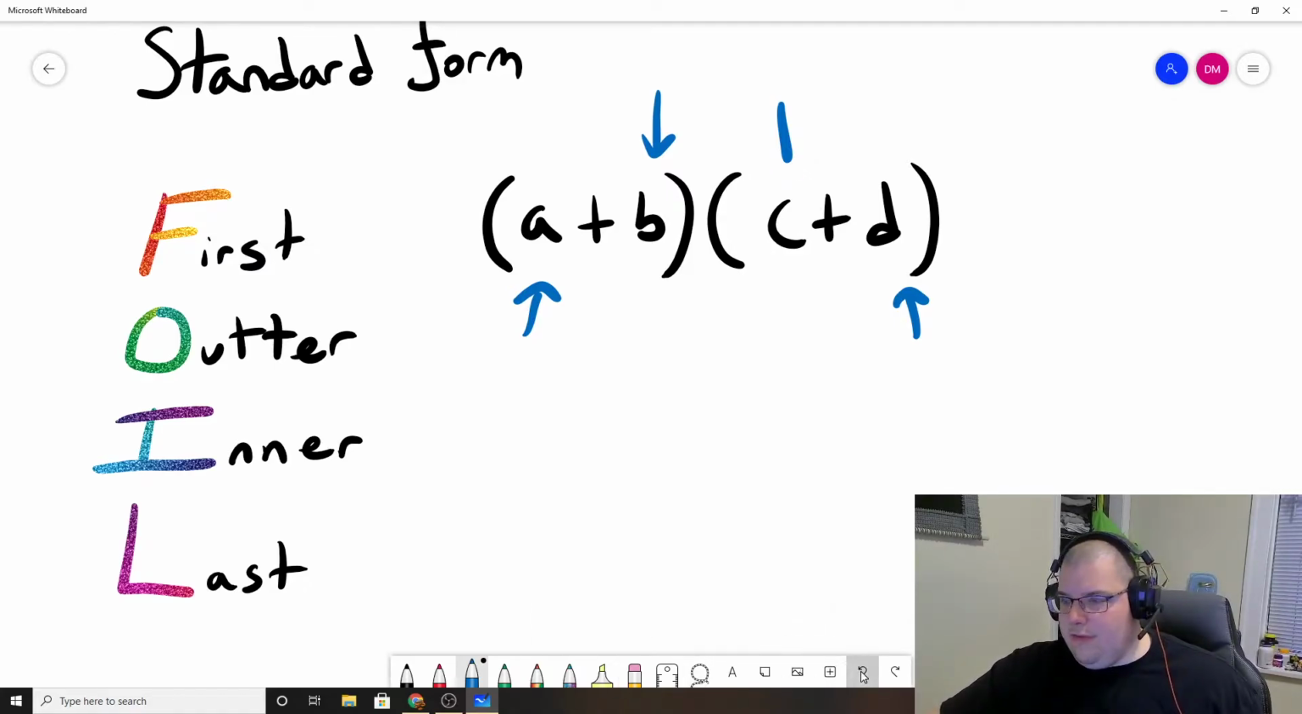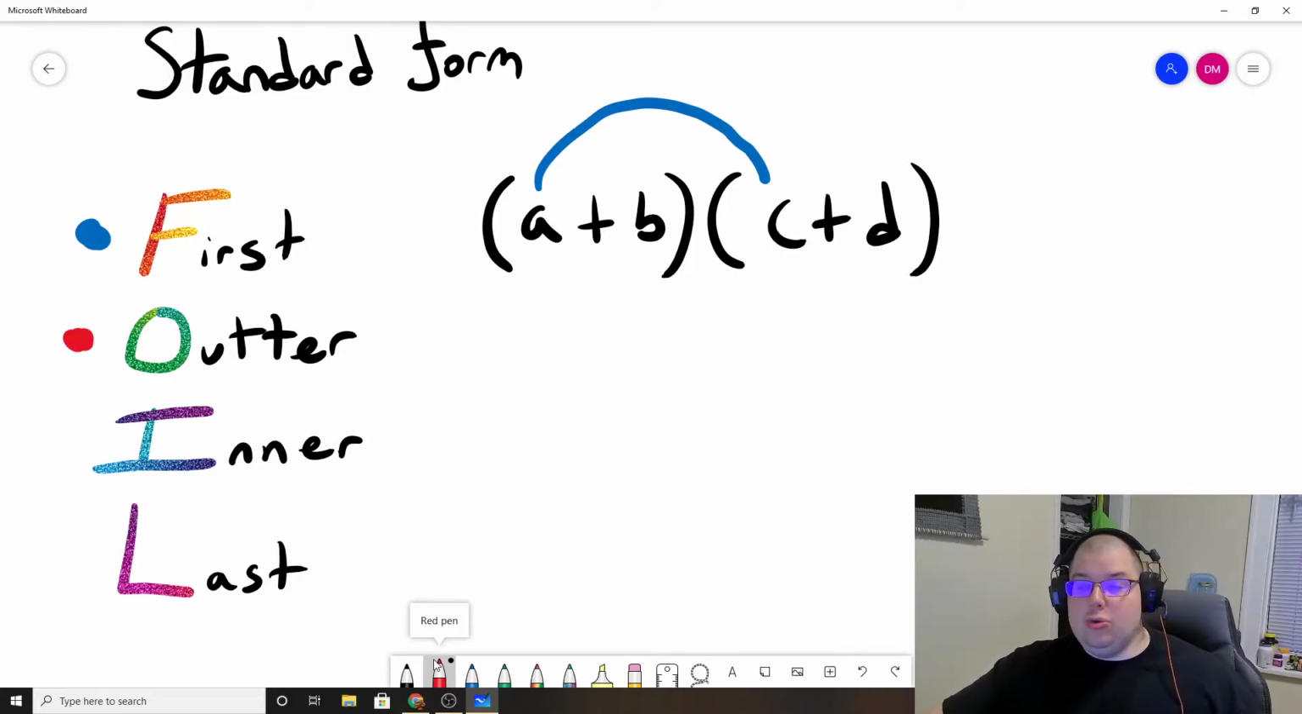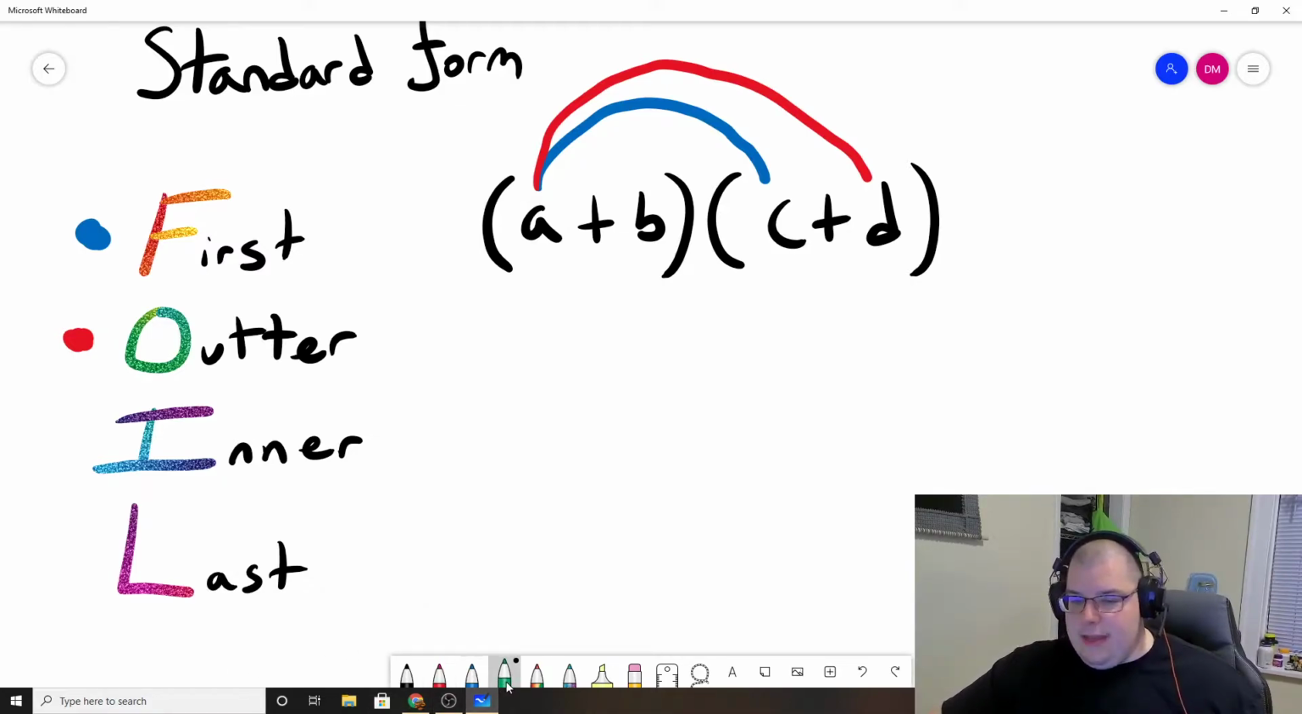So in FOIL, using FOIL, you first start out by multiplying the first two terms together. So the first term in the first binomial by the first term in the second binomial. Then you move on to the outer piece, which is the outside two terms of both polynomials, or both binomials. So in this case, it's going to be a times d. And we're multiplying at these steps. So it's a times c, and then we're going to do a times d, and then we're moving into the